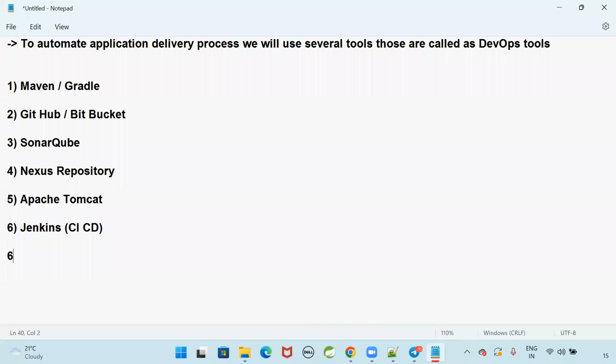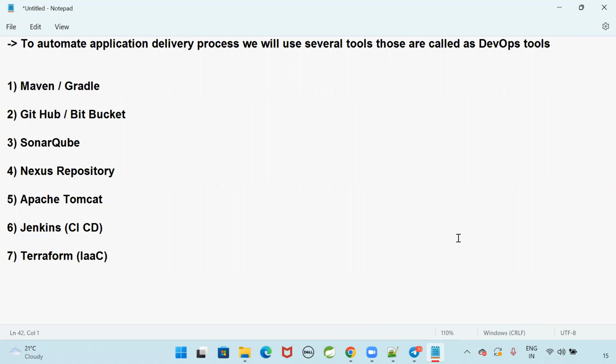Then after, we are having some tools like Terraform. Terraform is infrastructure as code. In order to deploy our applications, we need some infrastructure. Like we need some machines, we need a database, we need a load balancer, we need some S3 buckets in the cloud. Instead of creating the infrastructure manually in the cloud platform, we can use Terraform to automate infrastructure creation.